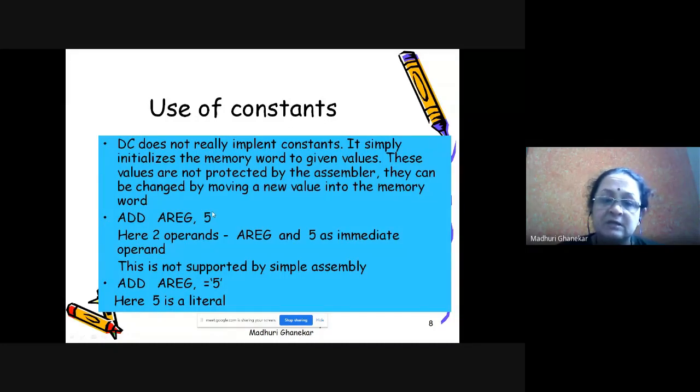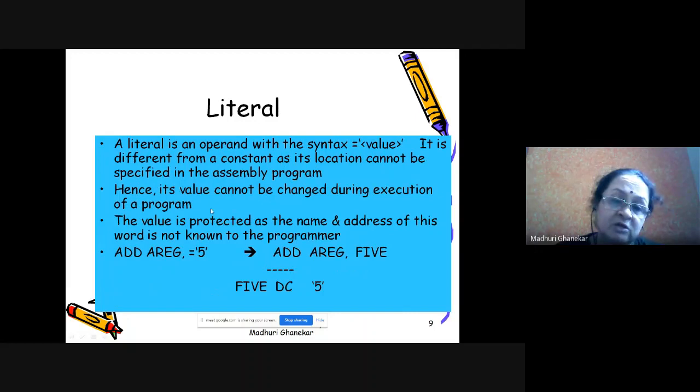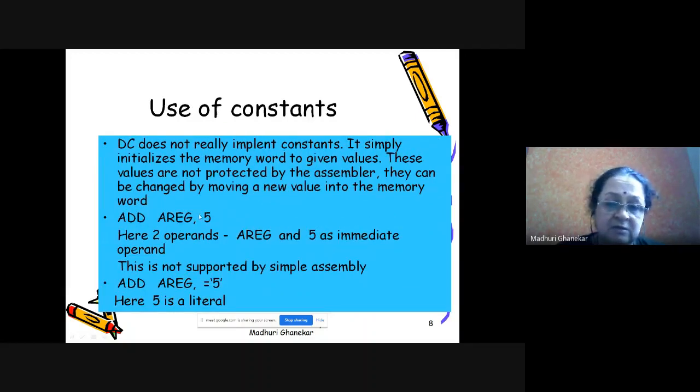The difference is, when you say ADD AREG, A, you are moving the contents of A, the content stored at the address of A, to the A register, whereas over here you are directly moving this particular constant value 5 into the A register.